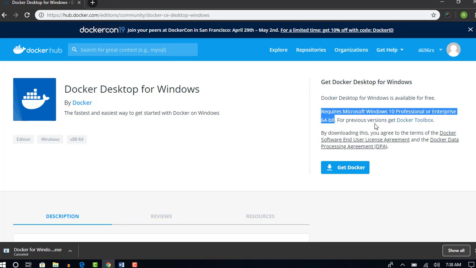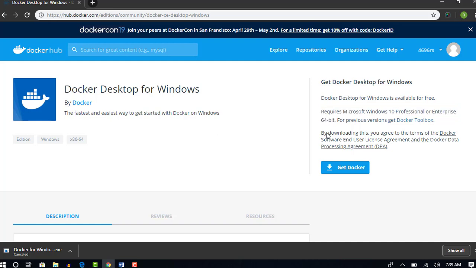To make it simple, make sure you have your operating system in Professional or Enterprise. In general, people may have the Windows 10 Home version, not Professional or Enterprise. In that case, you need to update your operating system to one of these versions.